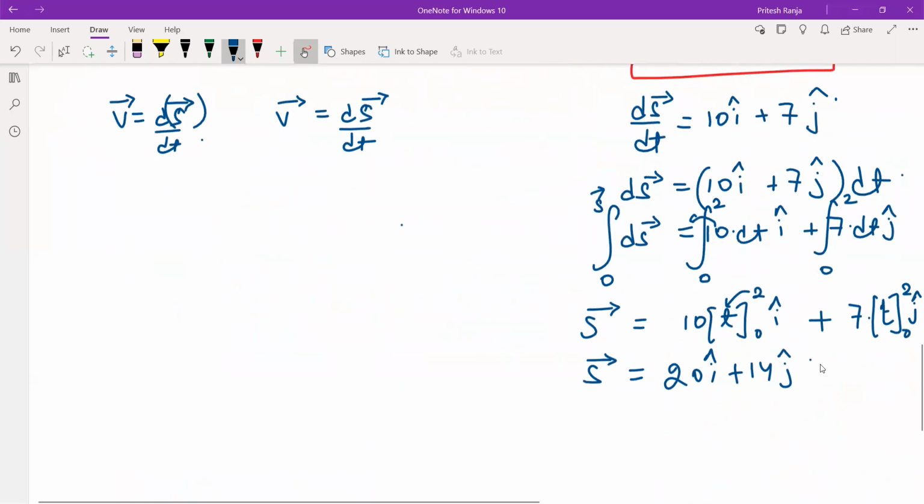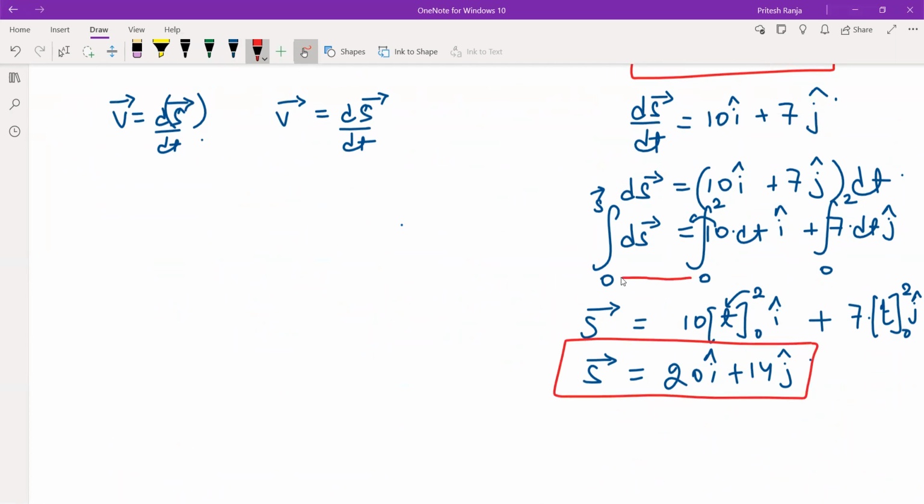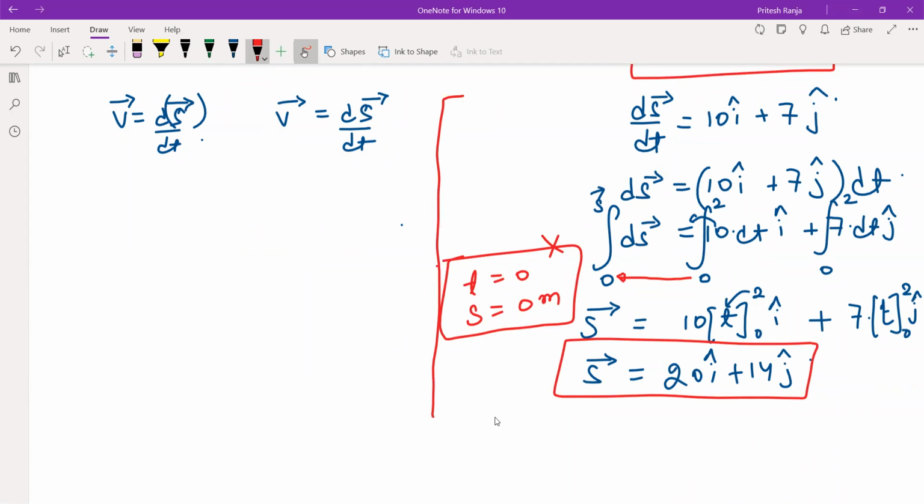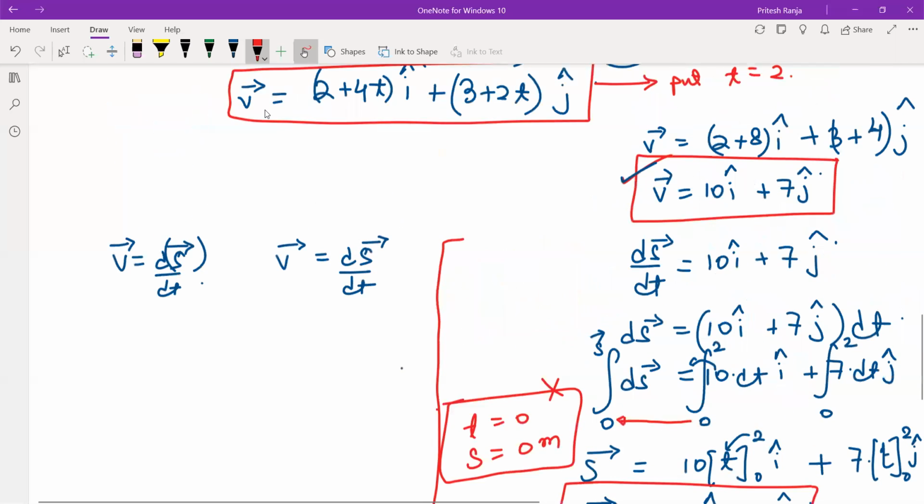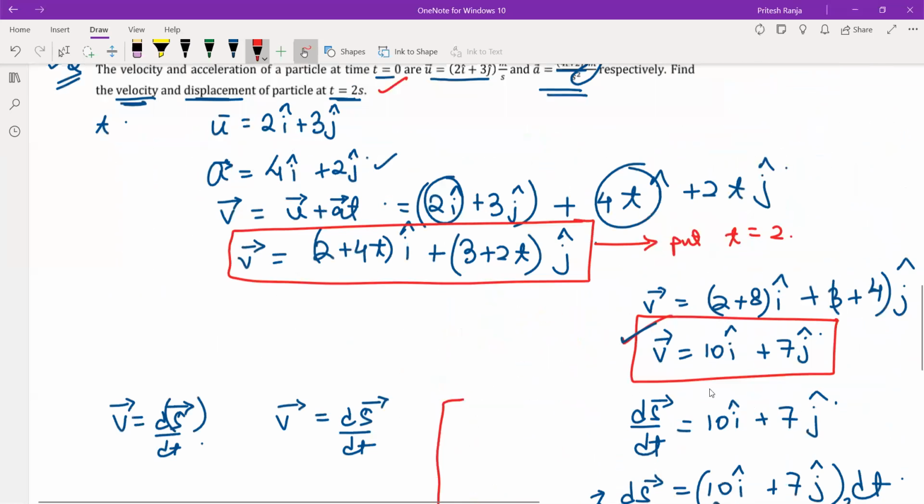Okay, so this answer that we have got, that is when I considered that at time 0 the displacement is 0, right? This thing we have considered, that at t equal to 0, assuming the particle was at 0 meter. Now this might not always be true, right? This might not be always true because we have considered this. So let us do one thing. If all have understood this one, that is good. But let us go with the data in the question. We have found the velocity vector.